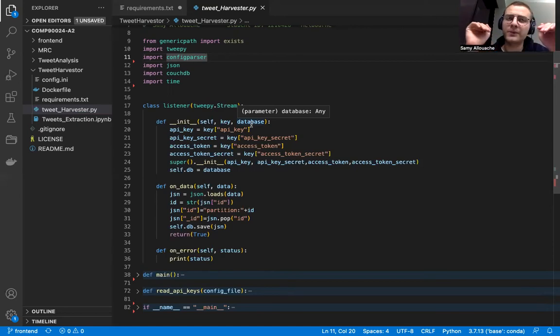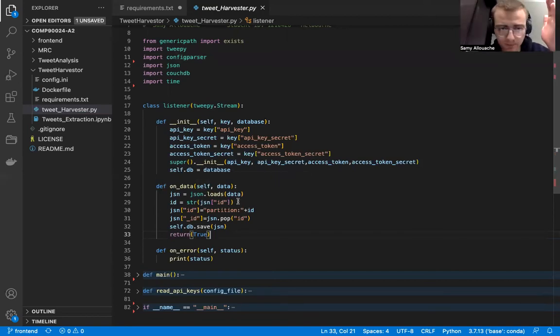When listening to the tweet stream, it can also automatically upload tweets to our database, which is done via the onData method. We tweak the ID field a little bit because our database is partitioned. So we need this